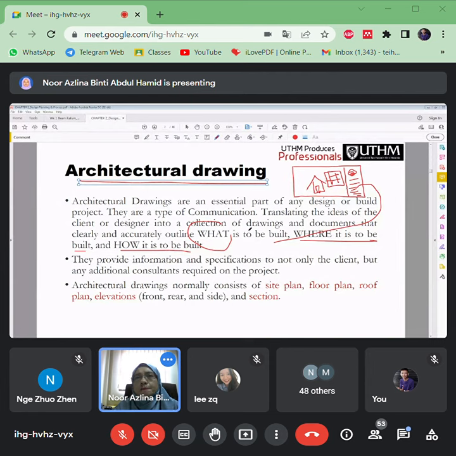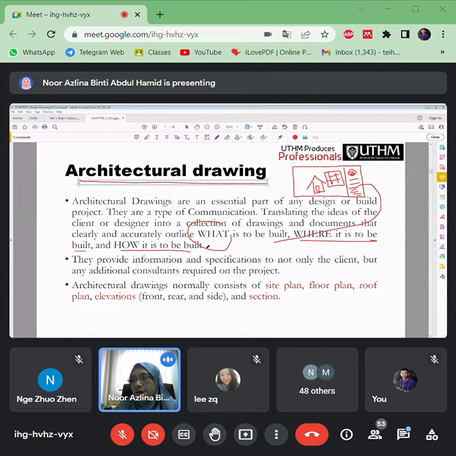How it's to be built will also depend on the budget from the clients. What do they want to build? Precast, okay, or just conventional construction, where all the materials will be prepared at site. Right, so at the site they mix concrete, bend the steel bars and so on. Okay, for example like building a house, just for common buildings, especially for housing. So that is the information that you have to know, that you can get from the architecture drawings.